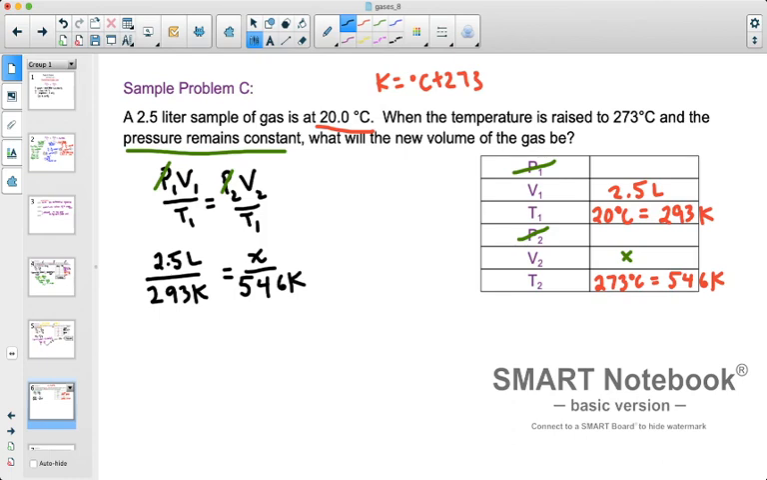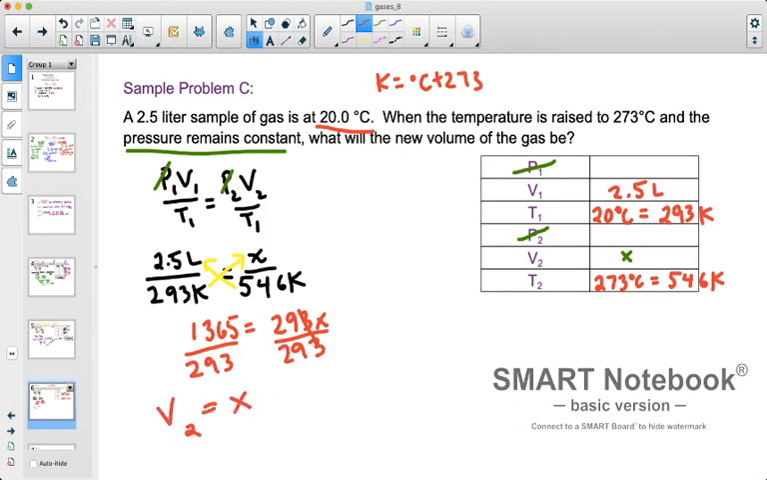From here I'm going to cross multiply. I'm going to take that one, multiply that side, multiply that side, and now I'm just going to do my own work. So I don't need to really put in my values, my units. 2.5 times 546, I end up getting 1365. And 293 times x gives me 293x. So I isolate x, I solve for what I need to. In order to isolate x, I'm going to divide by 293 on both sides. And I end up getting my volume 2, when I solve for it, to be